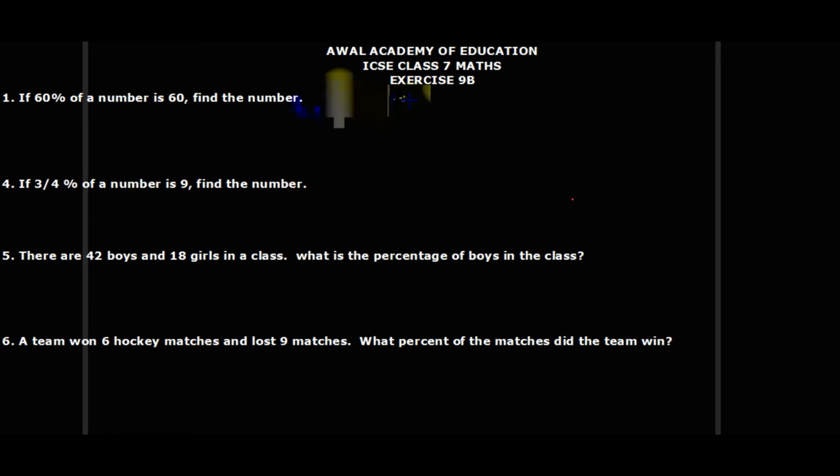Today I am going to solve exercise 9B of class 7 ICSE board. 9A has already been dictated to you. Now we will move on to question first of 9B. The book is Foundation Mathematics by RS Aggarwal. So the first